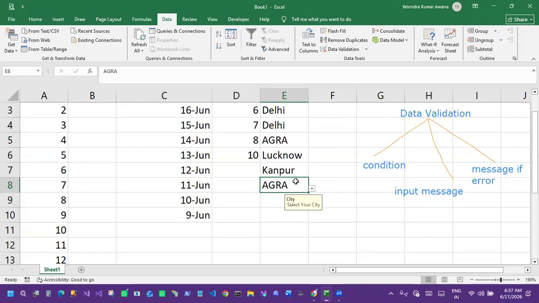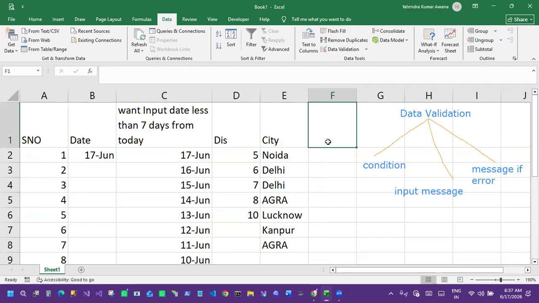You understand. Okay. So you can add the condition, and according to that condition, it will give the data. So you can choose the list as per your requirement, right?